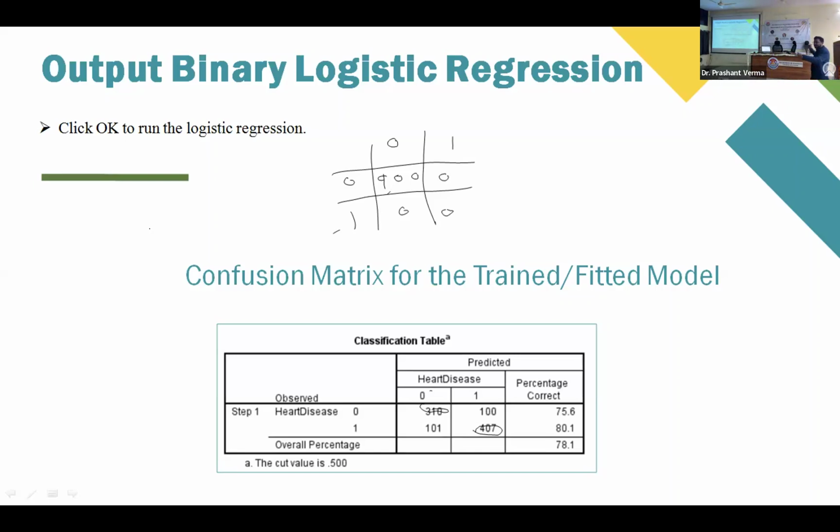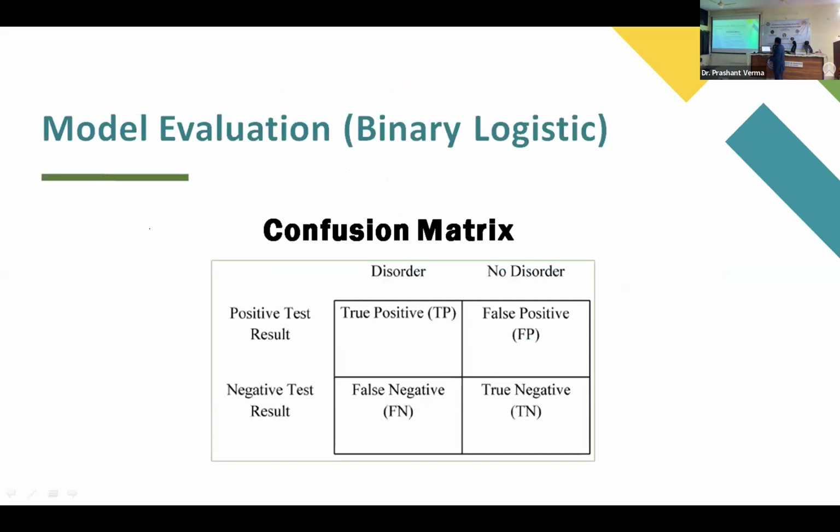There are different parameters as well, like precision, recall, and F1 score, that have more or less the same concept to check the model evaluation. We will evaluate the model, no? That is the difference. In general, what we do, we just give the table of the log odds and we give the interpretation of the independent variable and dependent variable, and that's it. We don't see whether the model is fitted well or trained well, and what is the accuracy of that model. So it's again important. So this is a confusion matrix for particular.